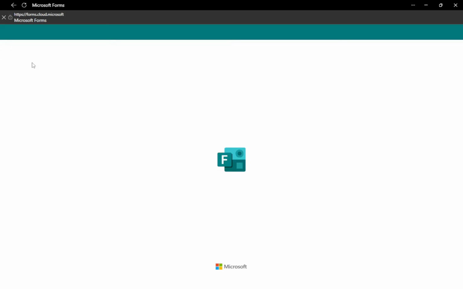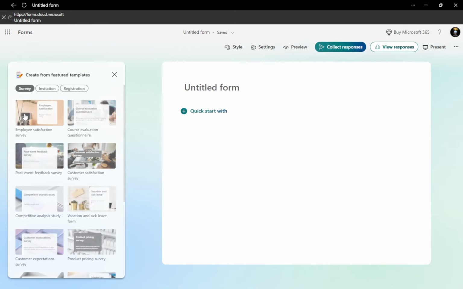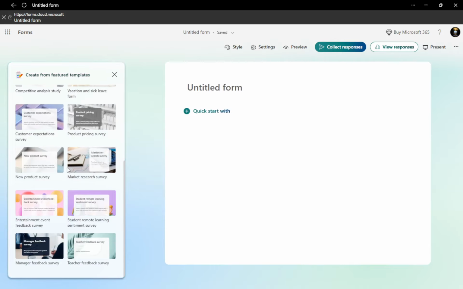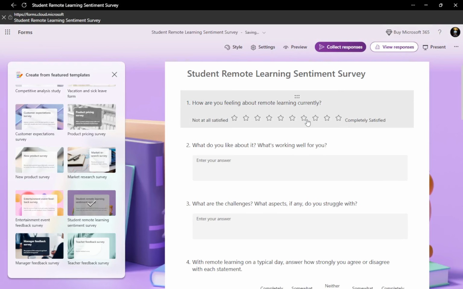Now create your form. At the top, click where it says Untitled Form and type a clear title so people know what the form is for. Just below that, you can add a short description, for example instructions or a deadline. On the toolbar, pick Theme to choose colors or a background, which changes the look for everyone who opens the form. Microsoft Forms automatically saves every change as you type, so if you close the tab and come back, your title and theme will still be there.